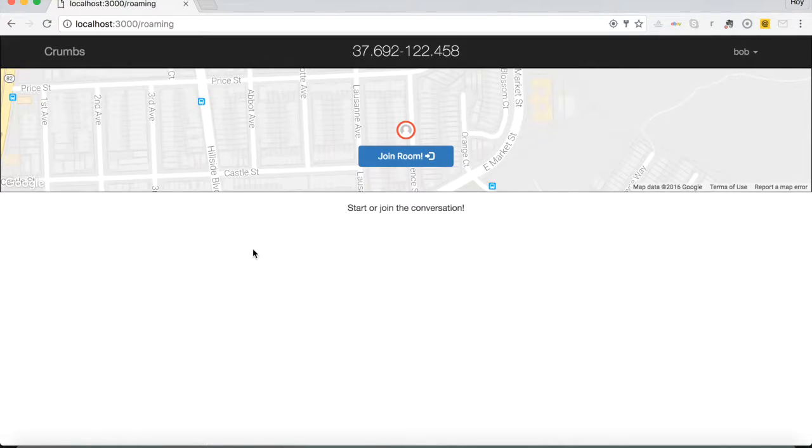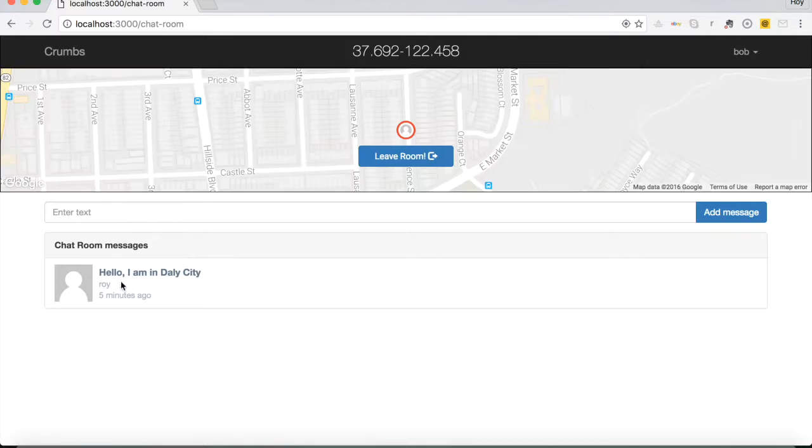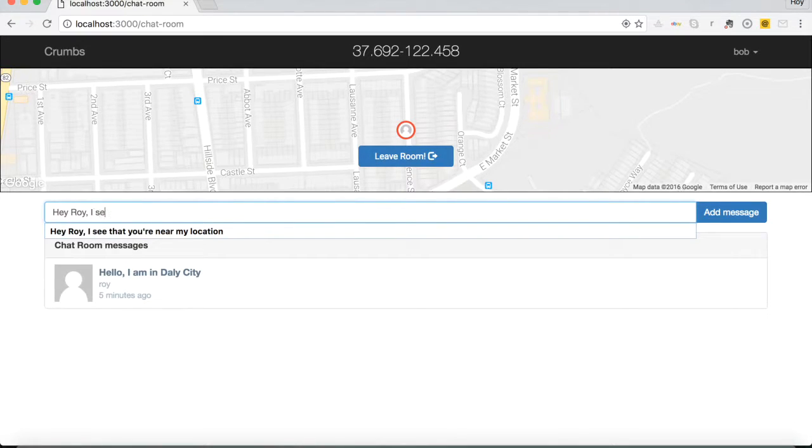So when Bob first logs into the Crumbs application, you can see the latitude and longitude coordinates at the top of the application, and Bob can go ahead and join the available room. So Bob sees that Roy went ahead and made a message near my location within the past 5 minutes, and he wanted to go ahead and grab some lunch or maybe play a game. So he can go ahead and message Roy. Hey Roy, see that you're near my location. We should grab some food